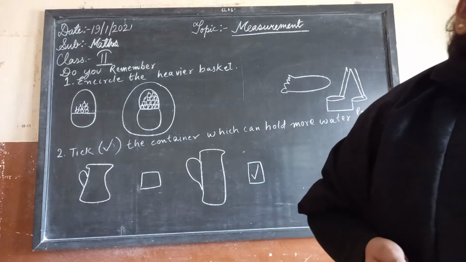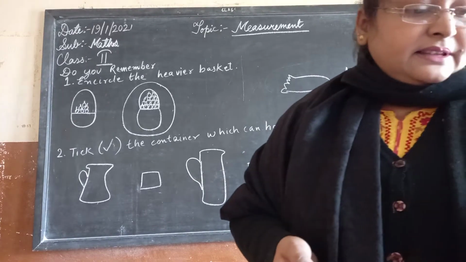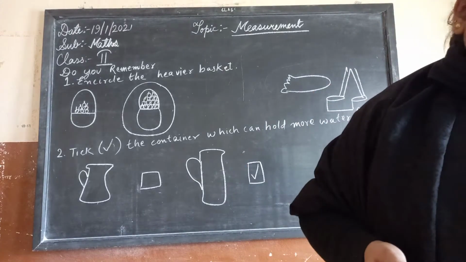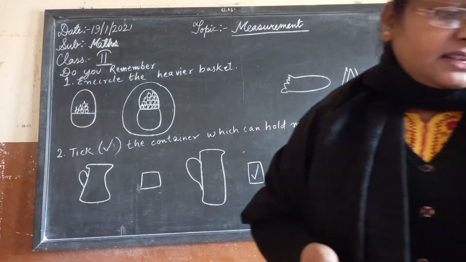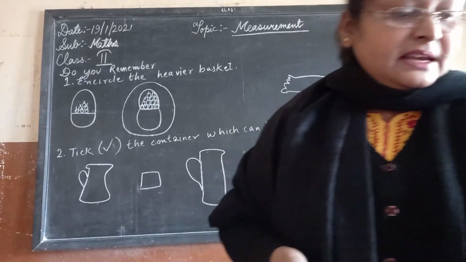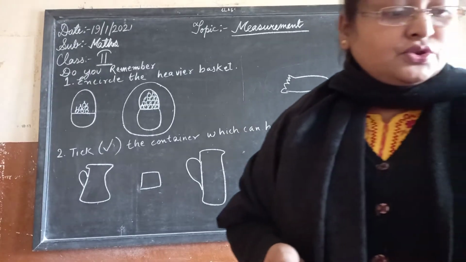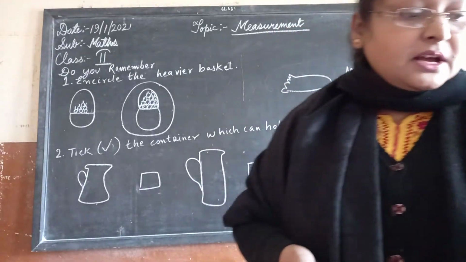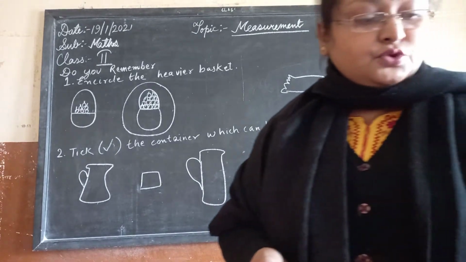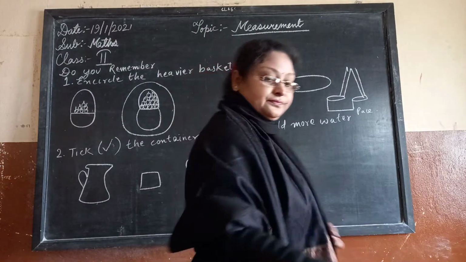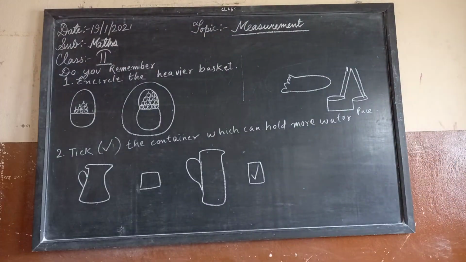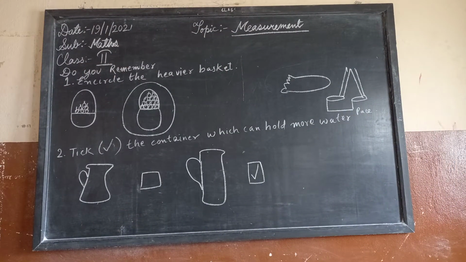Now, standard units of measurement. We will learn that in a scale there are 100 centimeters. In a measurement there are 100 equal parts. In each of the 100 equal parts, 0 to 1 is 1 centimeter, then from 1 to 2 is 1 centimeter, and so on, just like this, which we will do on the blackboard just now.